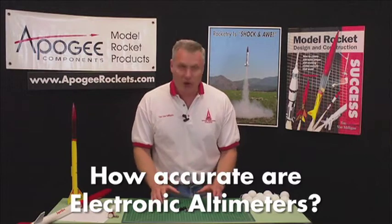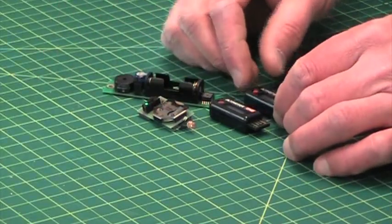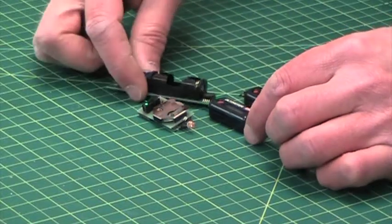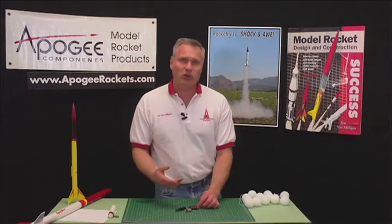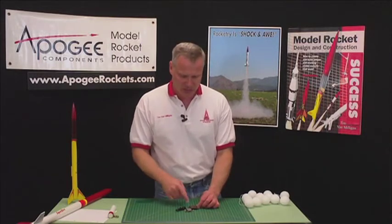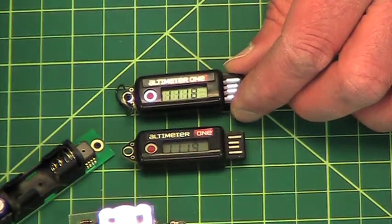A common question that we're often asked is, how accurate are altimeters? We have a variety of altimeters that we sell here at Apogee Components, like the new Altimeter 1, the How High, and the Perfect Flight 15K. But people always want to know, when the altimeter reads, like this one here reads 1,118 feet, is it actually